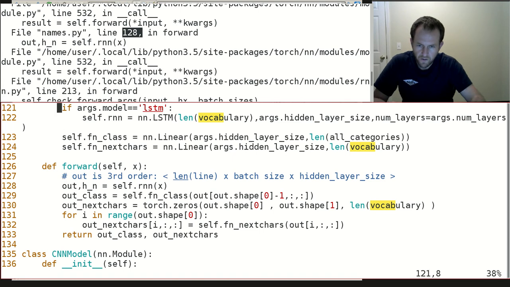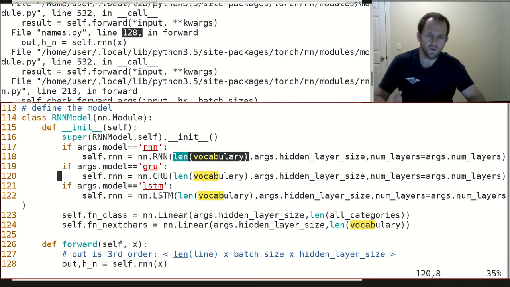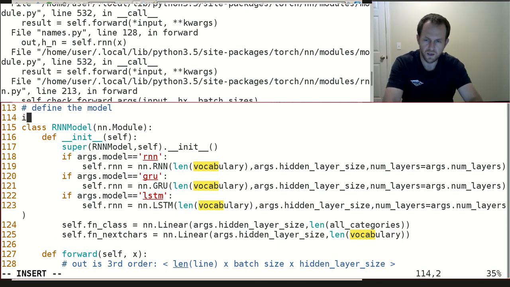And this is in the middle of our RNN model. And so this makes sense to me now. We have length vocabulary right here, and this used to be guaranteed: the input size to our RNN was just the length of the vocabulary, that 59 value. But now when we pass in the conditional model, the input to our RNN is bigger than the length of the vocabulary. And so what I'm going to do, let's come up here and say if